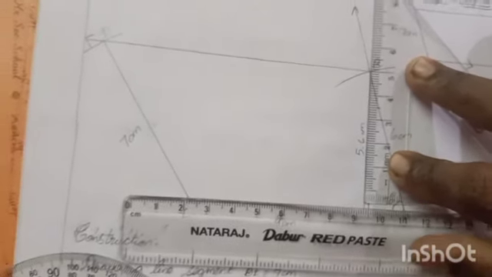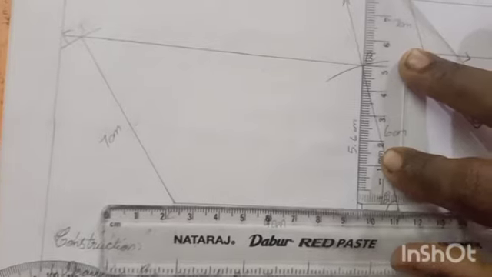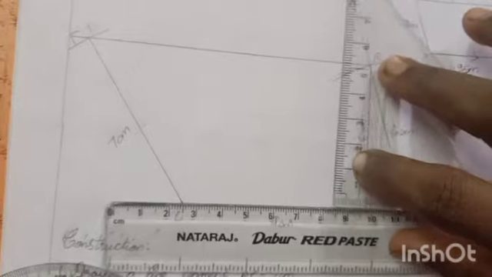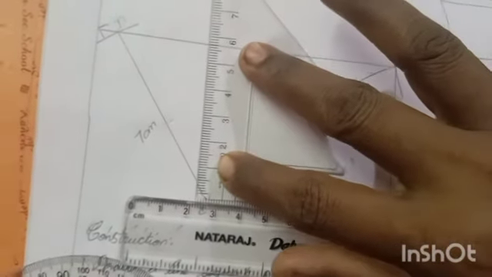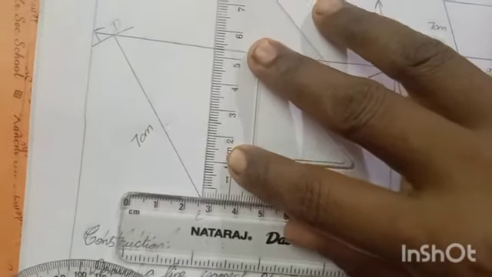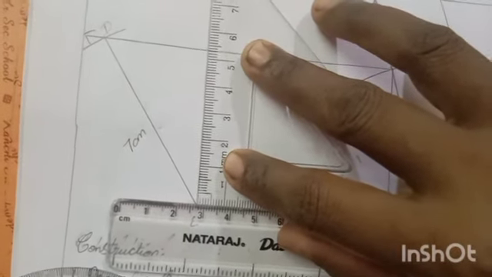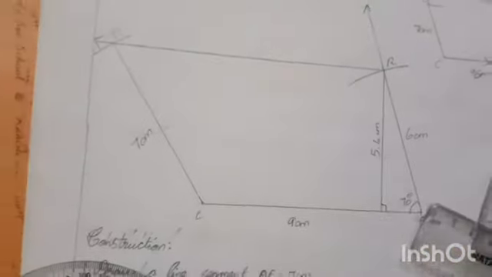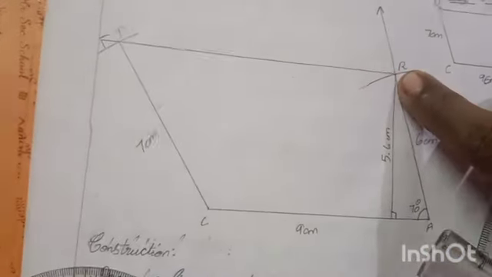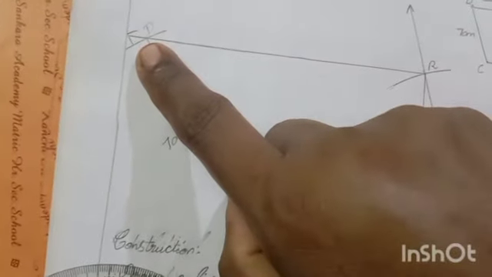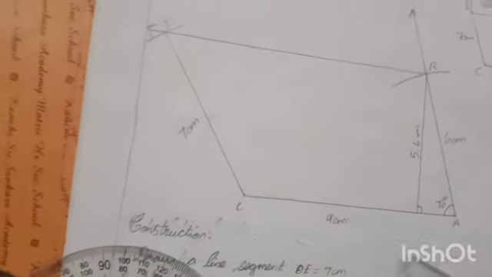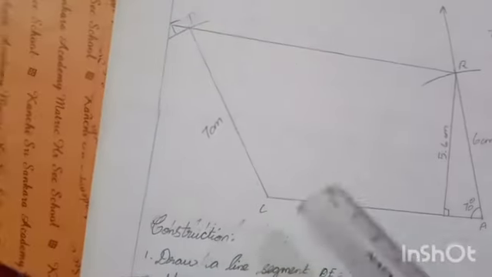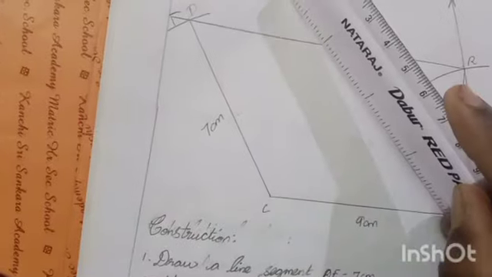The distance between the parallel lines is equal. So you use this point and draw a perpendicular line. Otherwise, slide the set square towards the point here and draw the perpendicular line. Or if you want to use this point, draw an imaginary line, then you get here, and using this point draw the perpendicular line.